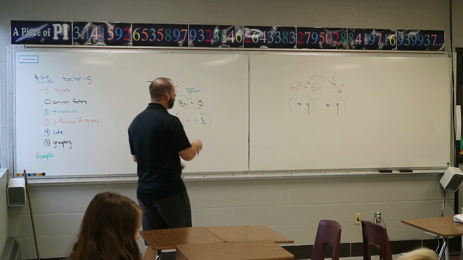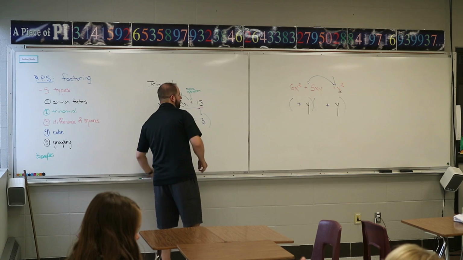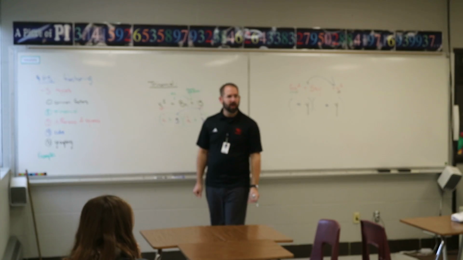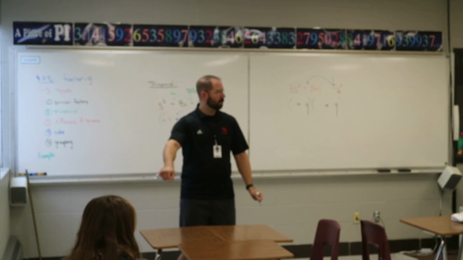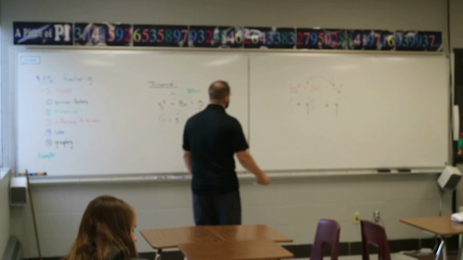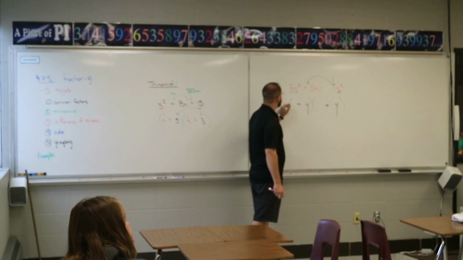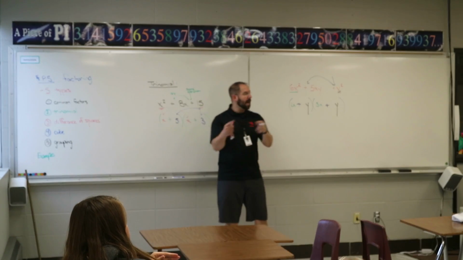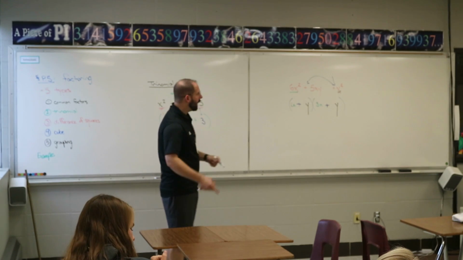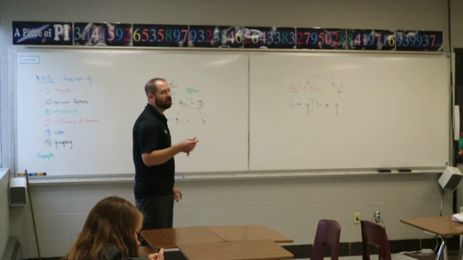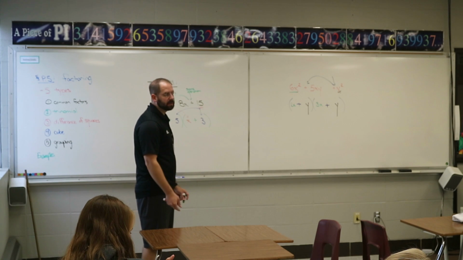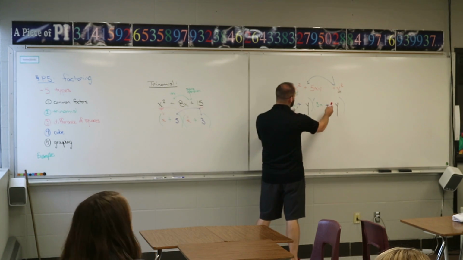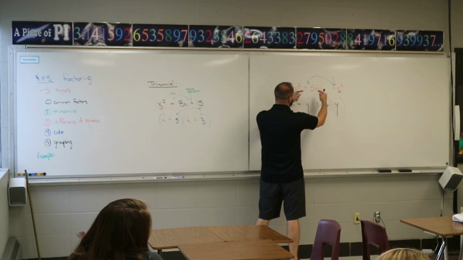Now, we have to break up the front item. So that's the 6. We have to break up the 6. Well, we have options. 1 and 6, 2 and 3. We're going to just attempt one. So we're going to break the x squared with this. We're going to go 2x and 3x. And when you FOIL it out, like first outer inner last, you actually multiply it out, does it give you the 5 in the middle? And yes, it does. Because